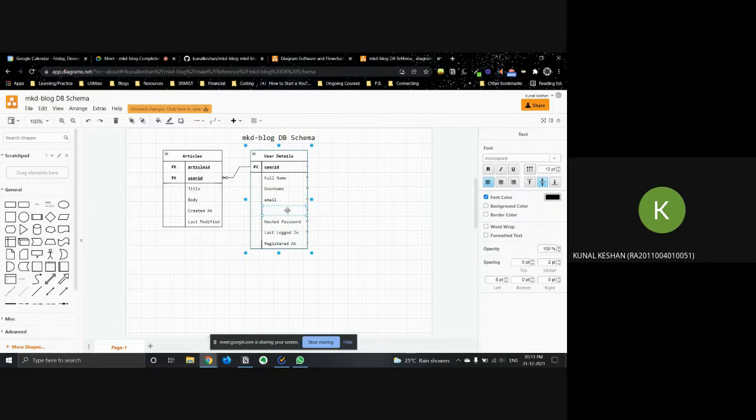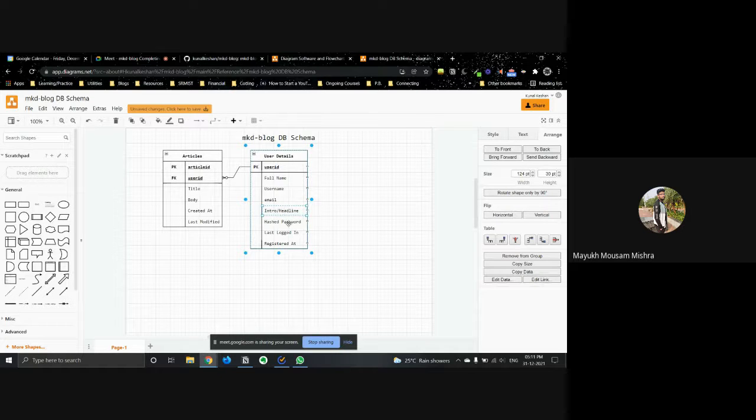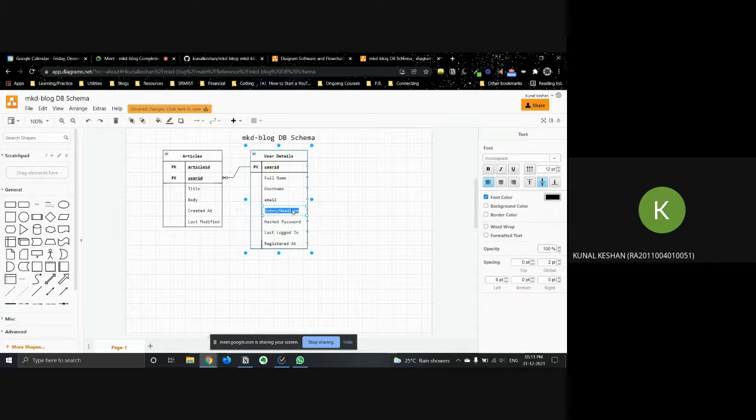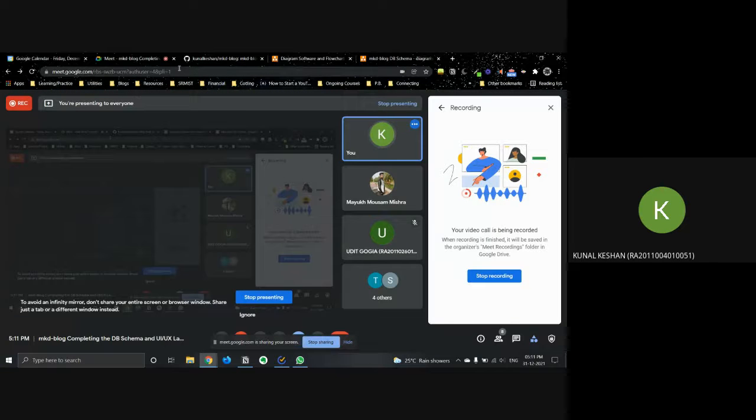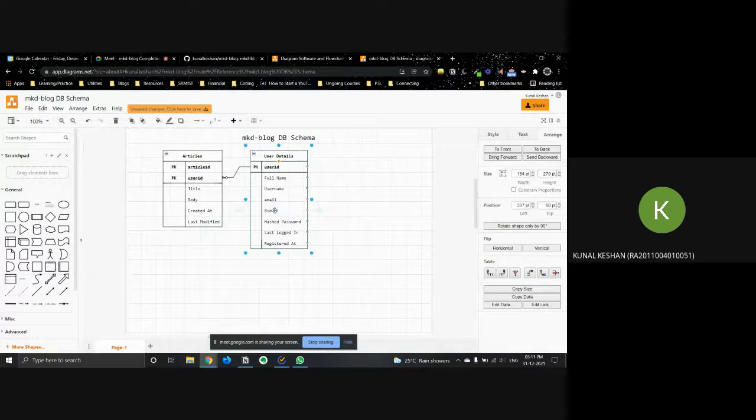You can put it as intro, the intro or the headline, and instead of that, we can just mention bio. Okay, we can do that as well. So we can just put the bio as well. So these are all the information we need associated with the user.